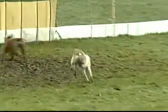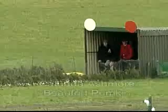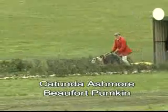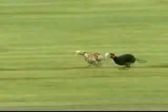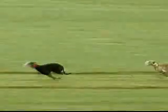Red colour is Catunda Ashmore owned by Pat Byrne, and in the white is Beaufort Pumpkin owned by Patrick Galvin. And here comes the second semi-final. Red Catunda Ashmore, white Beaufort Pumpkin, and Beaufort Pumpkin leads out Catunda Ashmore, but there's nothing between them, and now Catunda Ashmore has really got competitive and hits the front climbing the hill. Catunda Ashmore looks like booking his place now with Sandy C in the final of the Classics Club Champion Stakes